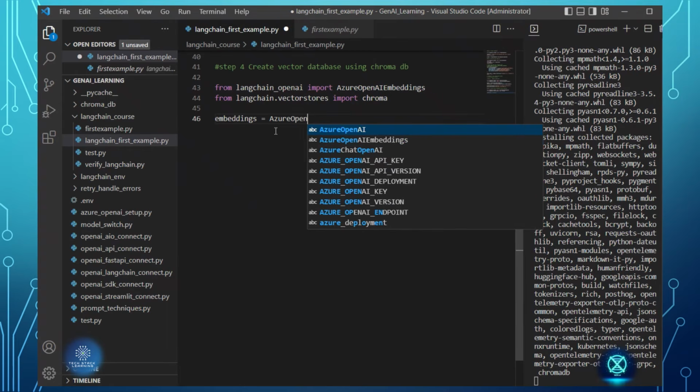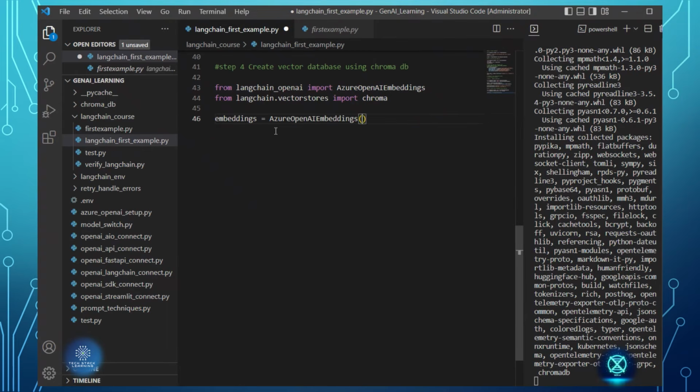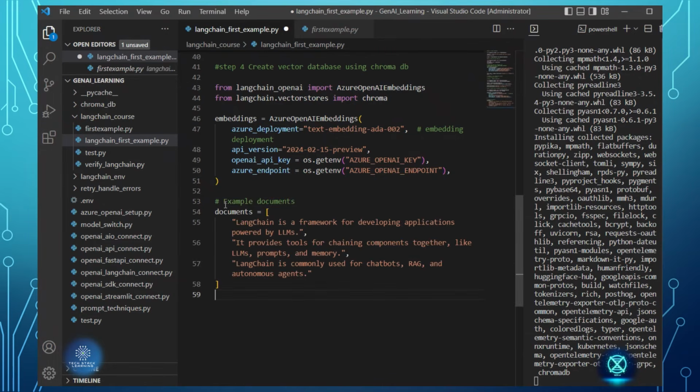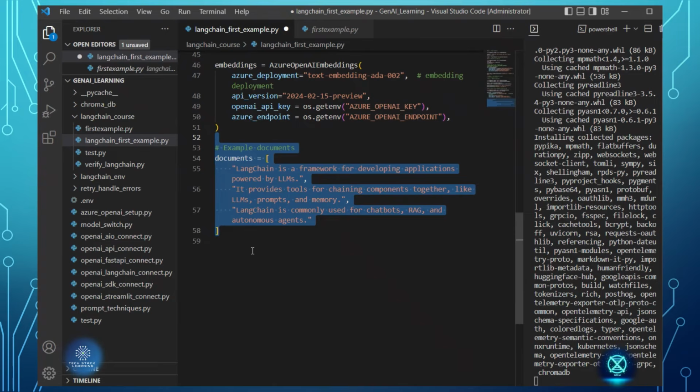Embeddings equal to AzureOpenAIEmbeddings, then I will put all the settings required for the connection. This is the model which I was talking about. You need to ensure this is enabled and deployed in your Azure OpenAI instance, and this version, the OpenAI key and the endpoint are required to connect to the model. Now I'll take some sample documents. I have them handy, I'll just copy. These are the documents which I'll take for embedding, which are majorly some points about